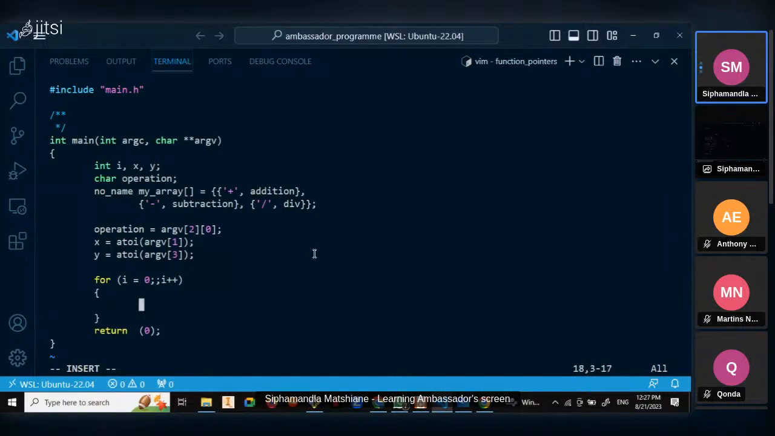So what I will do in this case, I will do this. I will simply say, if ever you find that your operation is equivalent to my array,